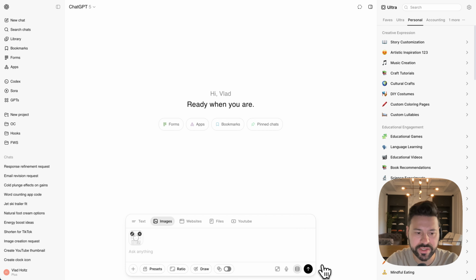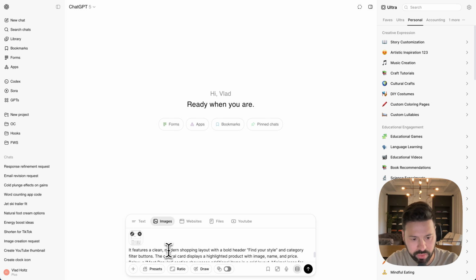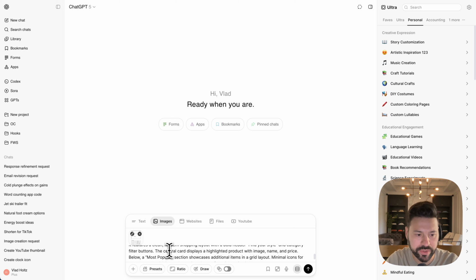And then as soon as I press done, it uploads that sketch to ChatGPT. And then I'm also going to include a message here, because when you explain what you're designing as well as drawing it, it creates a much better understanding for ChatGPT of exactly what you need done. So I'm going to press send and have ChatGPT generate